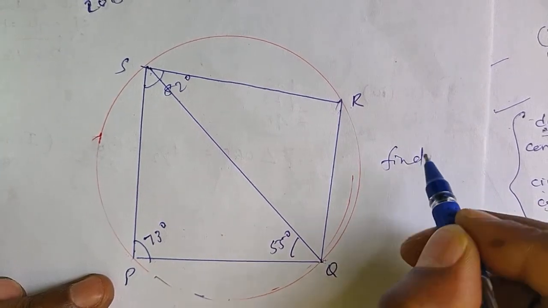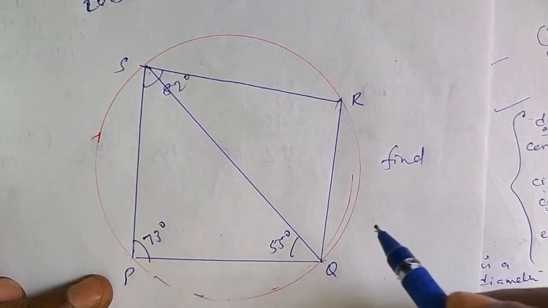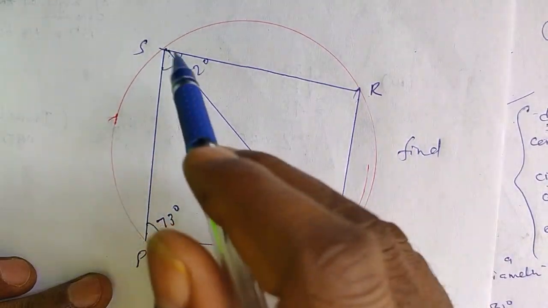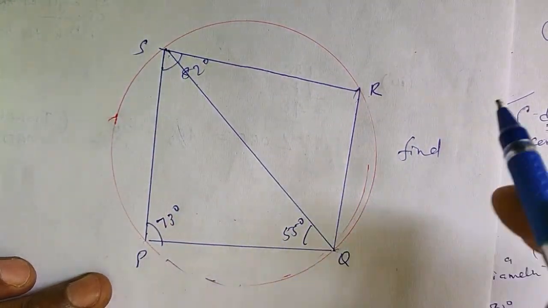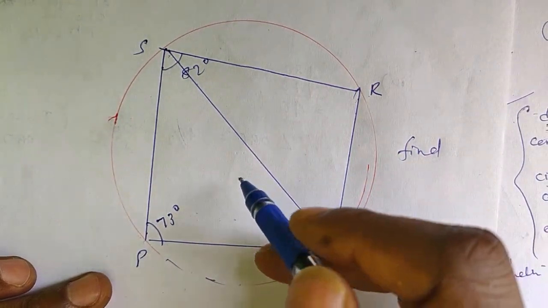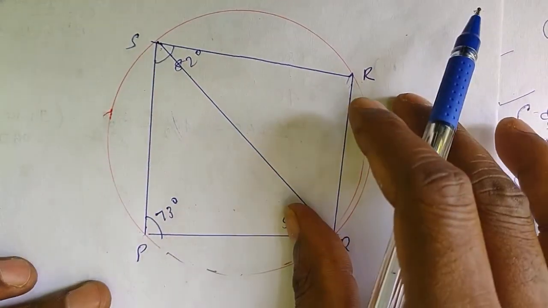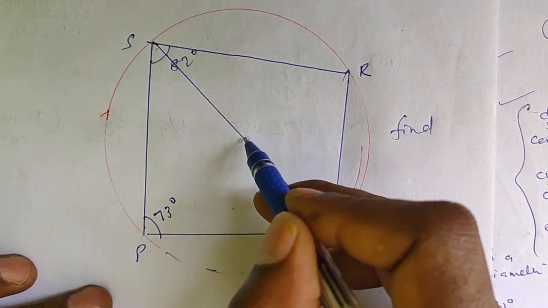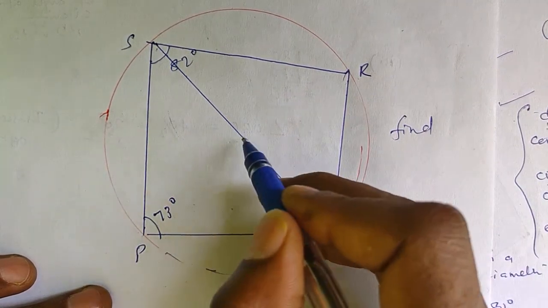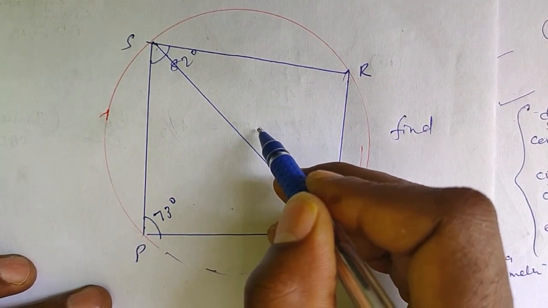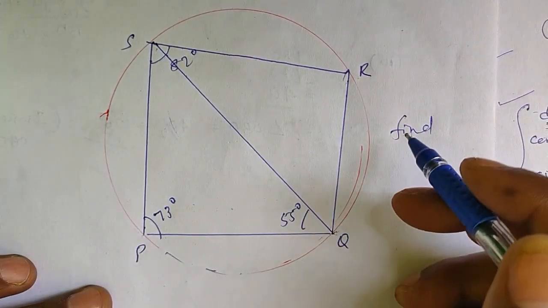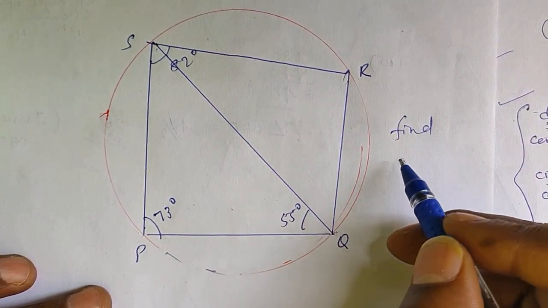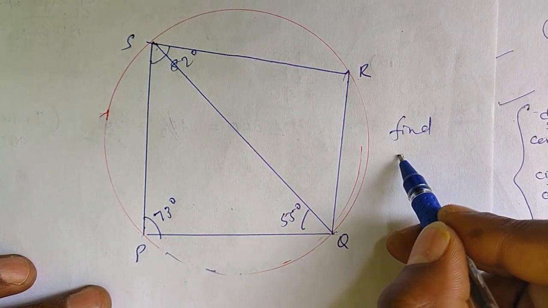To be found. So here QS is not a diameter. Don't confuse. Any line that is exactly looking like passing through the center, don't assume yourself it is a diameter. If in the question QS is given as a diameter, then you can consider it, otherwise just leave it. Or if it is passing through O given, you can also consider. But here it passing through O is also not given, and in the question it is also not mentioned that PQS is a diameter, so don't consider it a diameter.